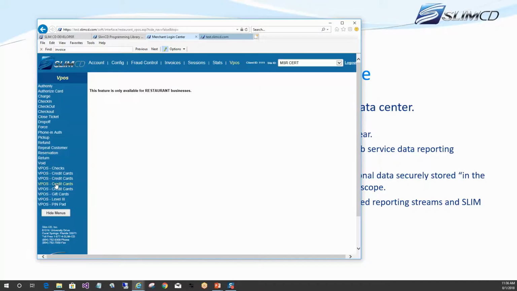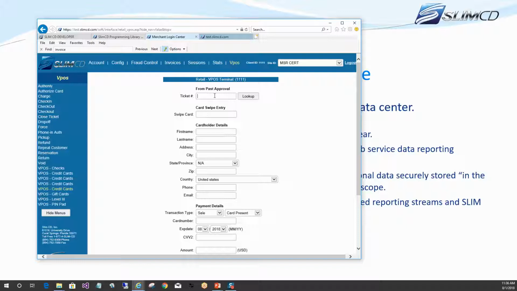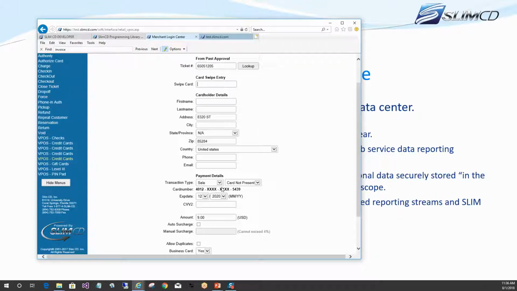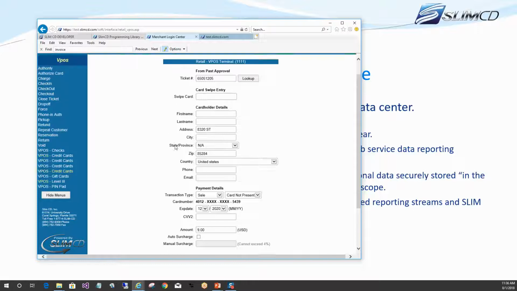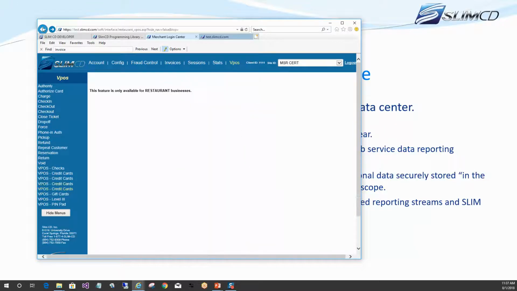I picked the right one. This test account has a lot of different types of industries on it, so I'll paste it in here and I can look up all the cardholder data. So here's the data that was on file for that particular transaction. Even easier than that,